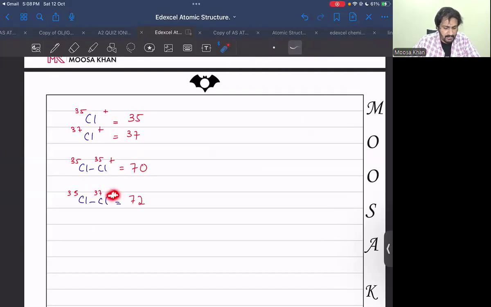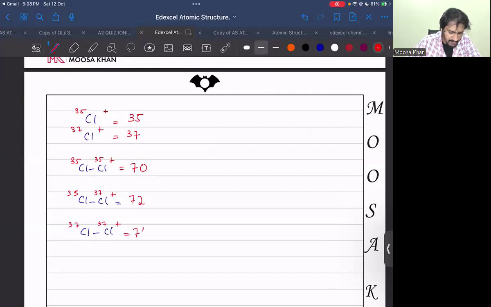Otherwise, it cannot be counted as a molecular ion peak. And then the third isotope, again a positive charge, but these two isotopes have the mass number 37. So the total mass would be 74. The first two isotopes, the chlorine isotopes, are in the ratio 3:1, right? So if you find the percentage or fraction, or rather a probability of having,